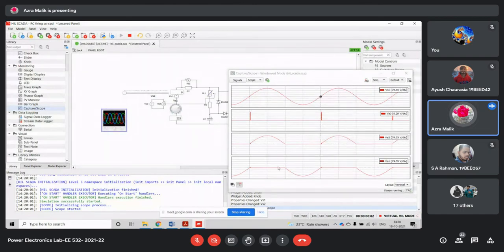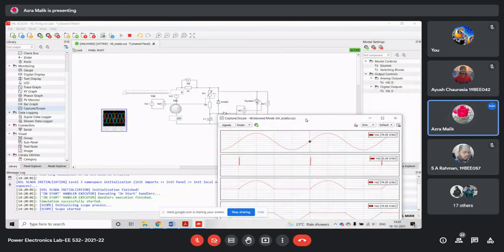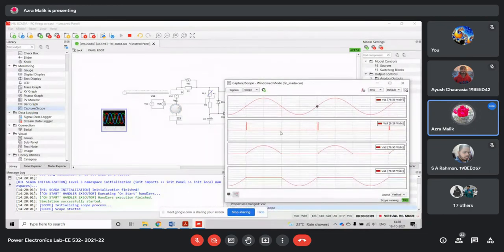So you get the waveforms like this. VA1 is the voltage that we are getting across the SCR. Now we change the value to, let's say, 500.